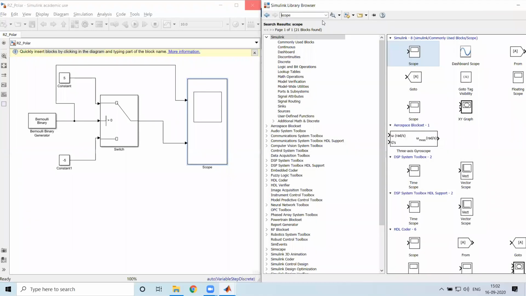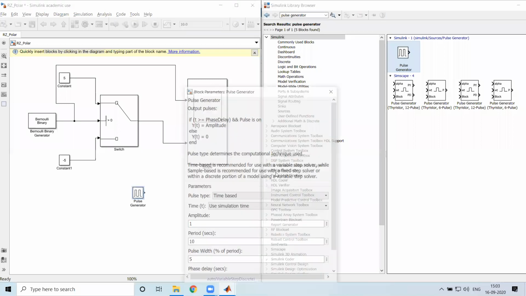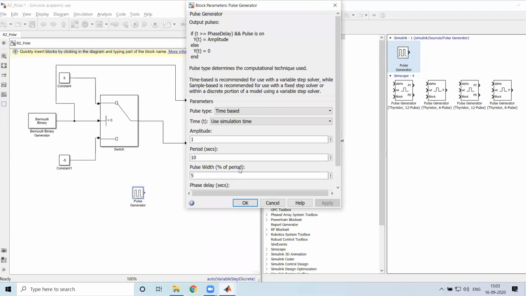The first block which comes is a pulse generator. I'll be adding this in. There are some features given for the pulse generator: amplitude is 1 and period is 10 seconds, and pulse width is 5%, which implies it will be on for only 5% of the time.